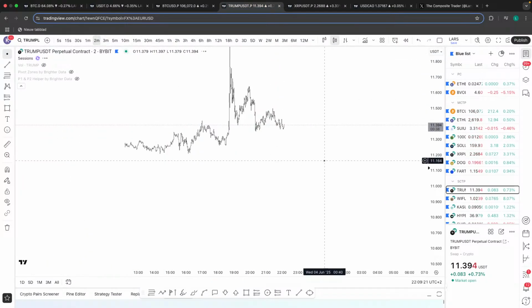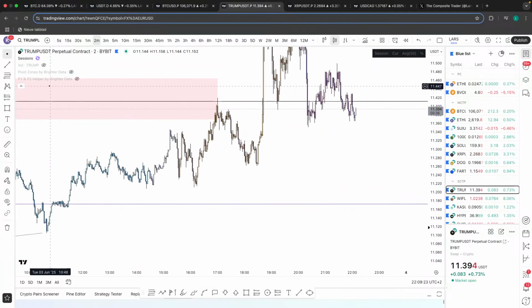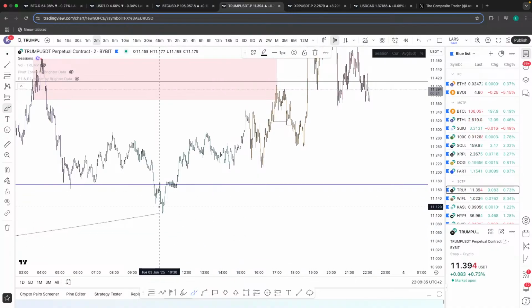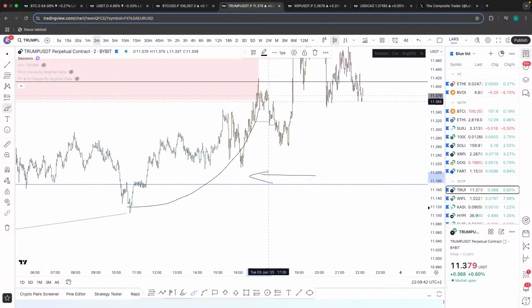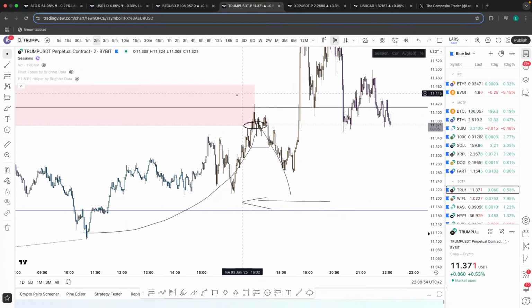Trump right here got the 2-minute breaker structure, but I just did not like it, right? You got an SFP first, and that consolidation, I did not like that. Despite price actually breaking structure afterwards, I wanted to see a slower, more forced move up, leaving a lot of liquidity below, which you didn't really get here. It was a pretty fast move up, then a tap and an aggressive sell-off, like a tap and a go, right? Where it's like, okay, this move up was extremely forced, now we're just going to flush back down and take out all sell side, and that wasn't really the case here.